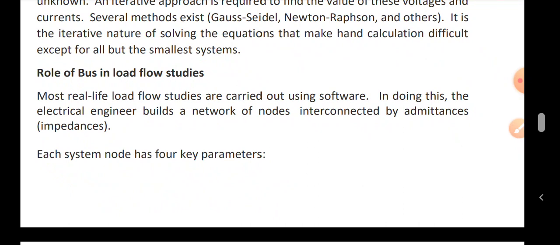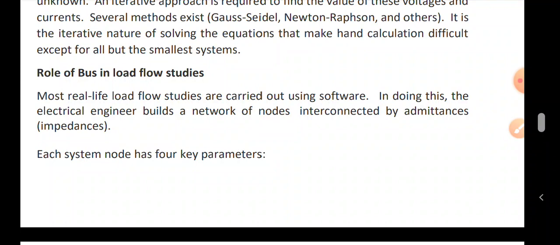Before discussing the bus, or what we call a node, we must know that there are four basic quantities which are specified at any bus. These four quantities are: first, active power; second, reactive power; third, voltage magnitude; and the fourth is the phase angle of the voltage. So these are the four quantities on any bus, and we have to analyze these quantities